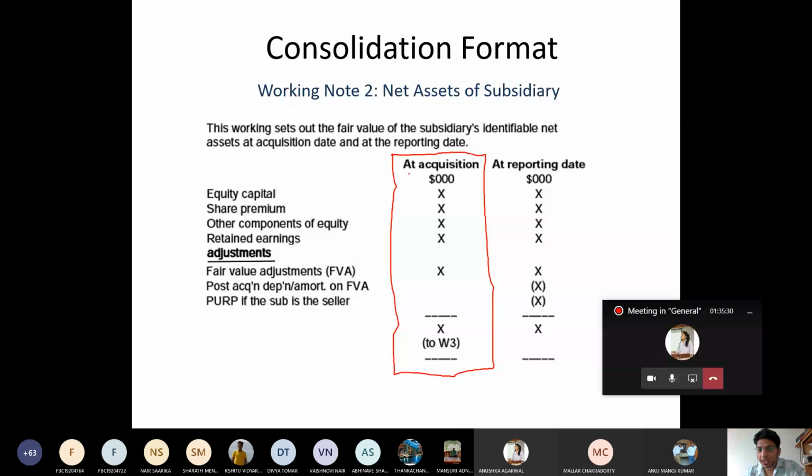Okay. सो अपने को चाहिए था सिर्फ ये वाला कॉलम, अपने को सिर्फ फर्स्ट कॉलम चाहिए था, गेन और लॉस के लिए हम लोगों को सिर्फ फर्स्ट कॉलम चाहिए था, बट हम लोग ने सेकंड कॉलम भी निकाल के रखा इसी एडजस्टमेंट में, इसी वर्किंग नोट में। ओके, नाउ दिस अमाउंट, this circled amount I will take to working note 3, right. ये अपन का 55,000 शेयर्स का वैल्यू यहाँ पे लिखा, रिमेनिंग 45,000 शेयर्स का वैल्यू यहाँ पे लिखा। ओके, उसको कंपेयर किससे किया? वर्किंग नोट 2 में के वैल्यू के साथ कंपेयर किया, नेट एसेट्स ऑफ सब्सिडरी कंपनी। तो हमको क्या मिला? We will get goodwill और कैपिटल रिजर्व।